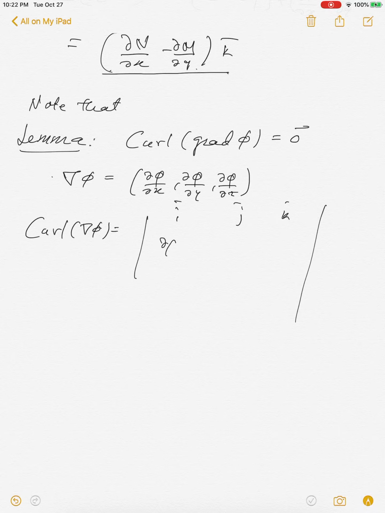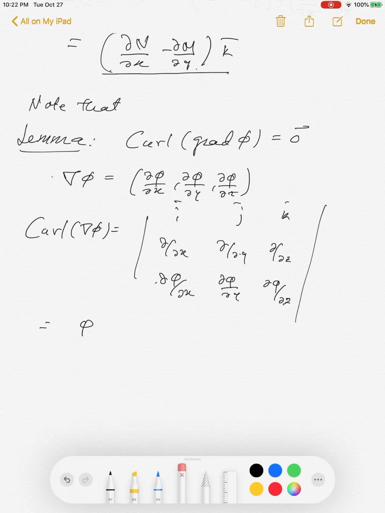This is going to be the determinant with i bar, j bar, k bar, d/dx, d/dy, d/dz, and then d phi/dx, d phi/dy, d phi/dz. So if I go that way, you will get phi yz, because you are differentiating d phi/dz with respect to y. So z first, then y. So I should write it the other way around, isn't it? Phi zy